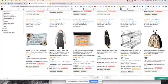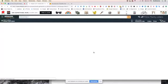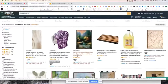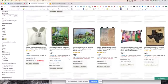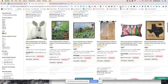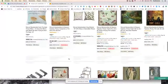And there's no rhyme or reason to what I'm doing. I'm just looking for products. I'm going to go to page 2. And when I'm on page 2, I'm just kind of scrolling through. And basically what we're seeing here are tapestries and wooden products, whereas we would like to look more at